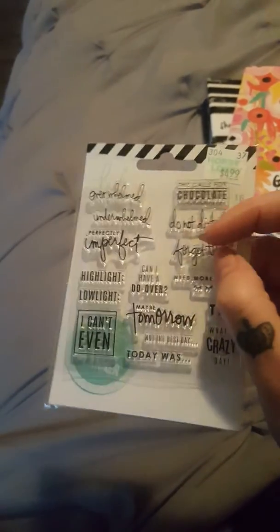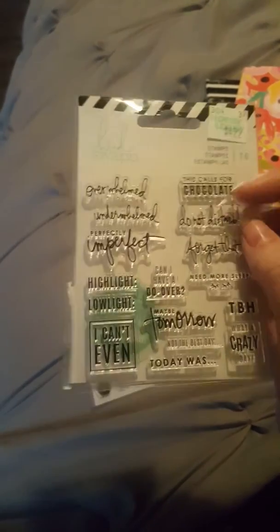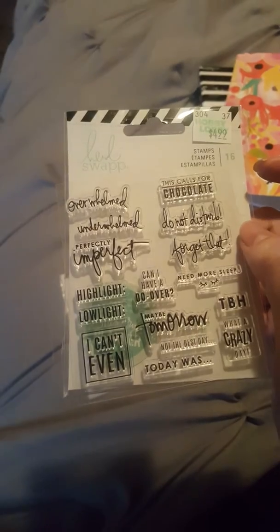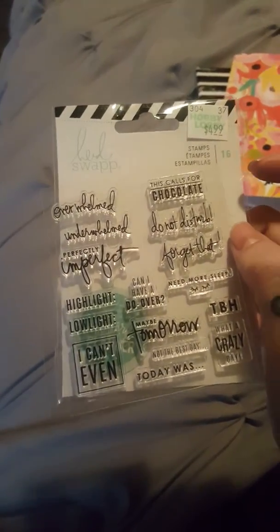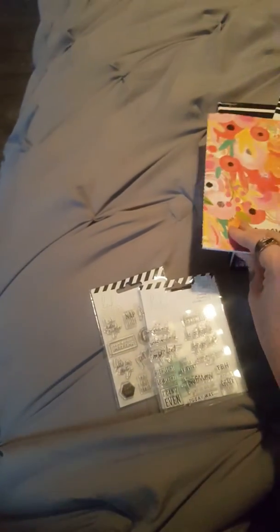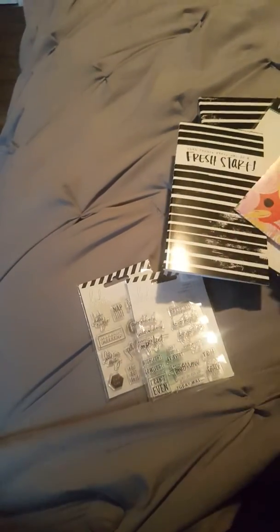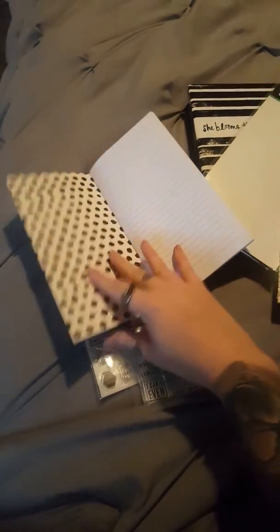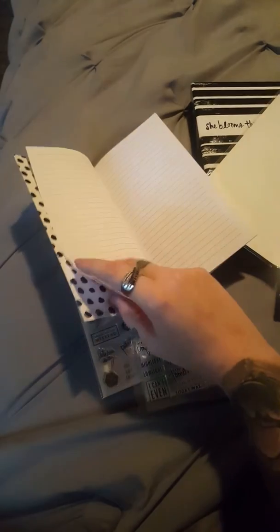So I felt like these were really real life kind of sentiments. And I could definitely see myself using these a lot in my planner and just in general. So I thought it would be nice to have maybe both of these. But particularly this one, to sit down each day and write about my day and use these. I feel like these would be perfect for something like that because I know a couple weeks ago, not this last week, but the week before,